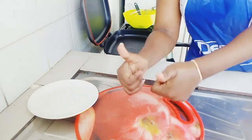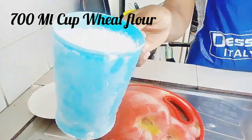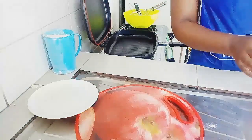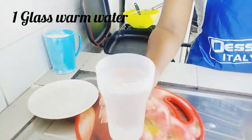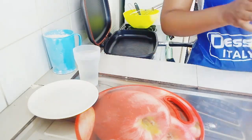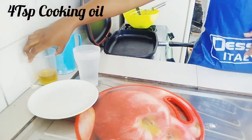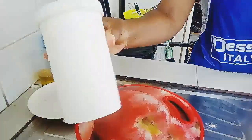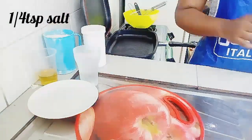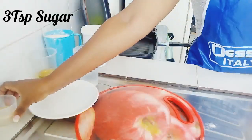My ingredients today are all-purpose wheat flour. My cup is equivalent to 1 1/4 normal cup, and then I have a glass of warm water, and then I have like 4 tablespoons of cooking oil, and then I have salt. I'll be using a 1/4 teaspoon of salt, and then I have 3 tablespoons of sugar,